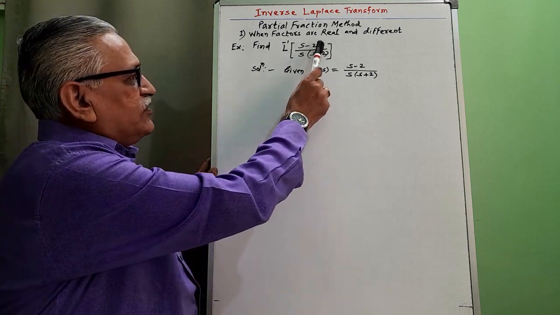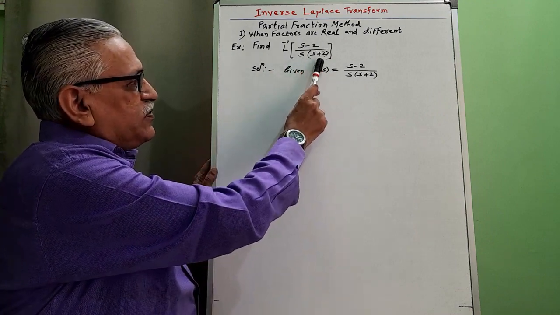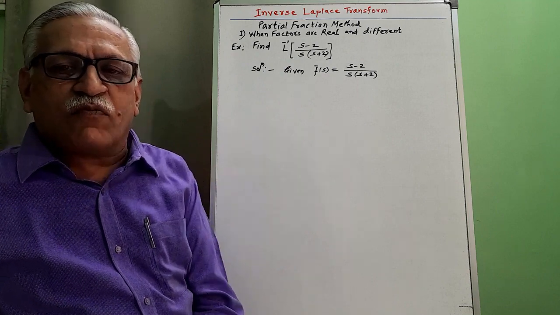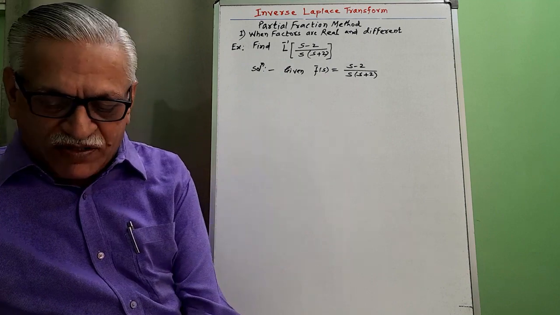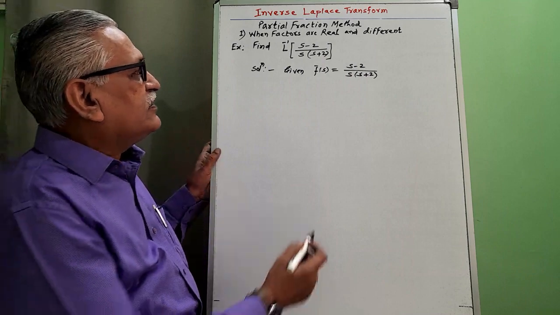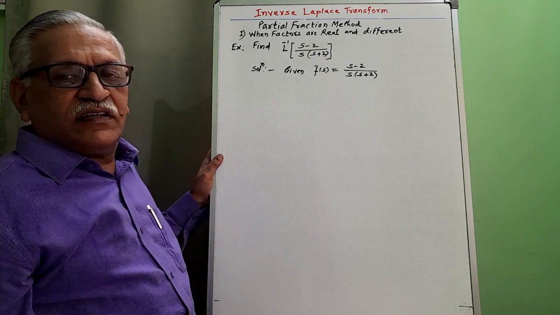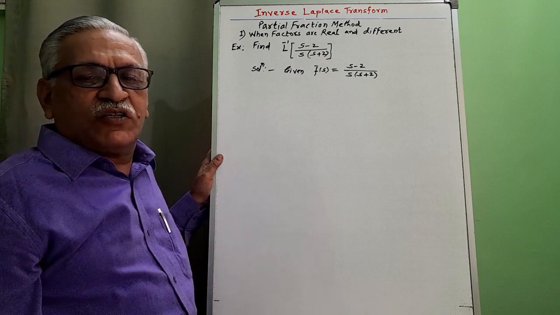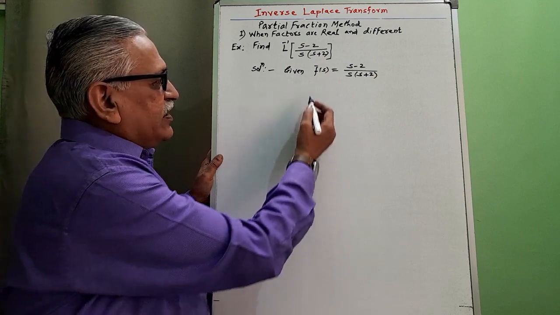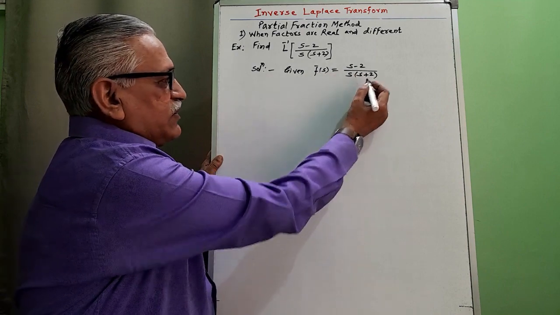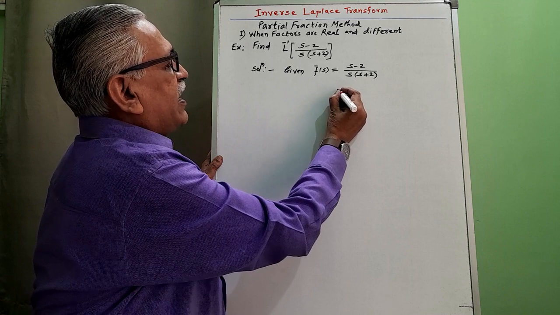Here the degree of numerator is 1, degree of denominator is 2. 1 is less than 2 means it is a proper fraction. And as it is a proper fraction, we can apply partial fraction technique. There are two factors, s and s plus 2. Both are real and different. And therefore, given f bar of s, s minus 2 upon s into s plus 2, we can rewrite as